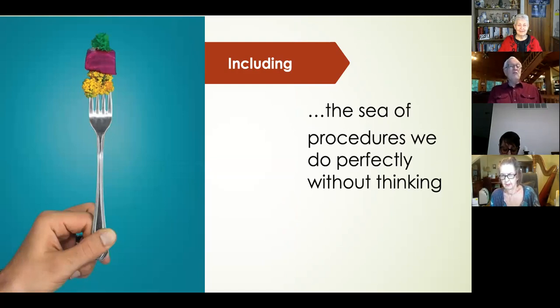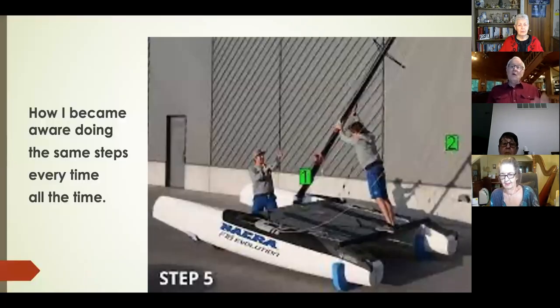You use your fork perfectly. You never stick it in your eye. And you've done that since you were very, very young. So it's not just a matter of doing the procedures correctly, but also there are many procedures that we do quite perfectly because we use them all the time. So a little bit about how I became aware of the idea of procedures, of doing the same steps every